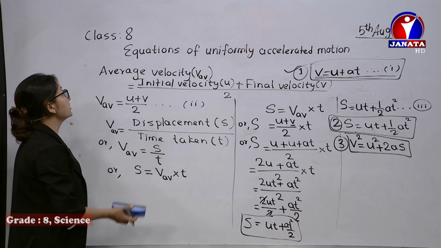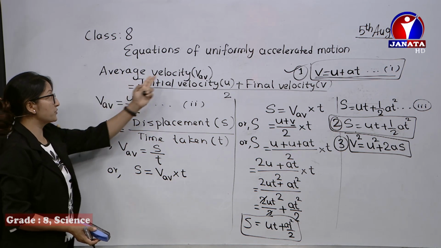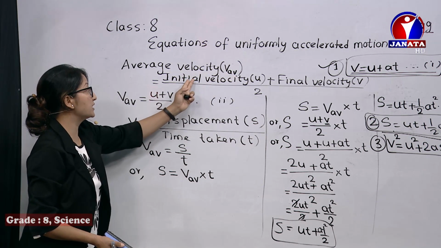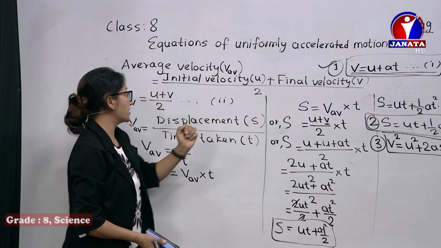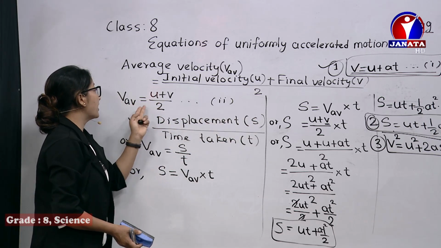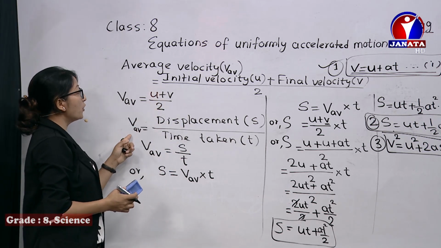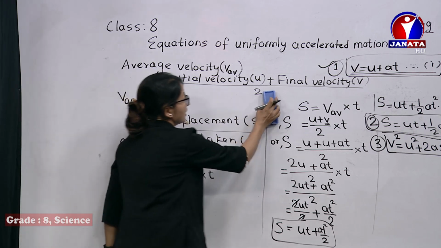So what you have here is, again, come back to the same solution. We all know that average velocity is VAV, and we know average velocity is initial velocity plus final velocity over 2. So we do have VAV equals (u plus v) over 2. Now here we go, VAV. Again, we just follow the same.